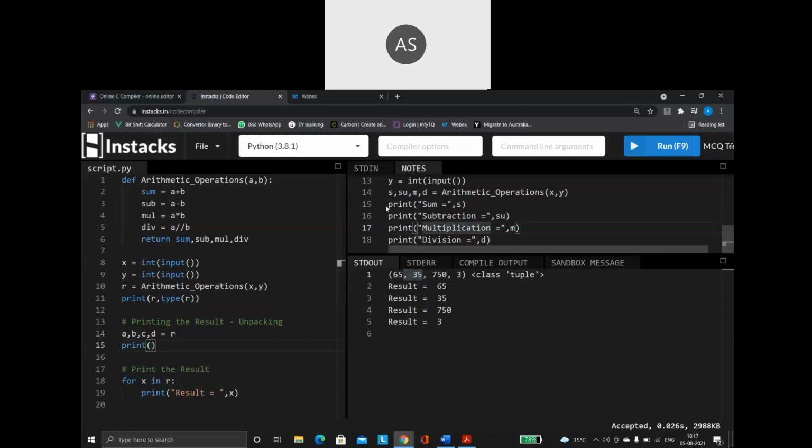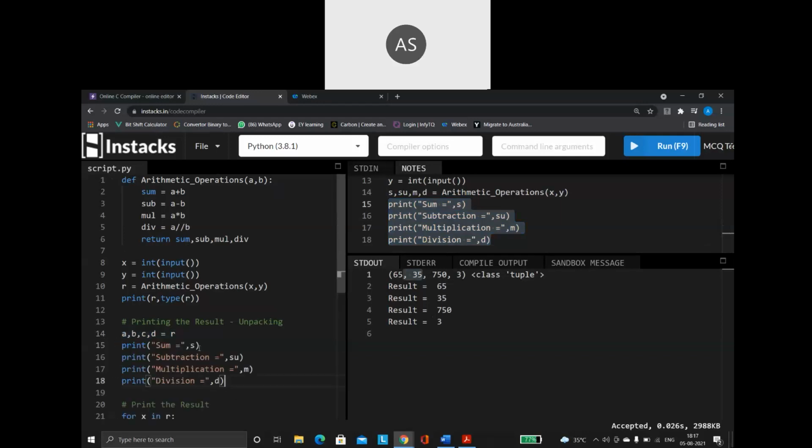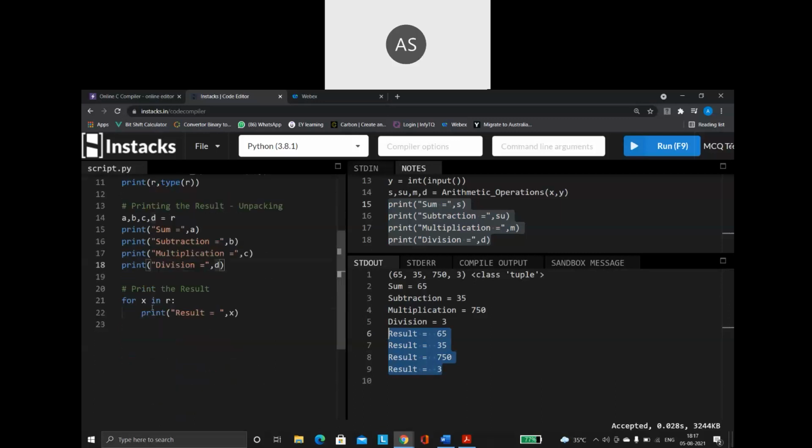So what I'm going to say? I'm going to say all these things. So just simply going to say A, B, C, D, and so run the program again. If you do like this also, you are getting the results. Okay, if you do like this also, you're able to get the result. So every way is possible. So you can do how you want to do it. It's entirely your choice.